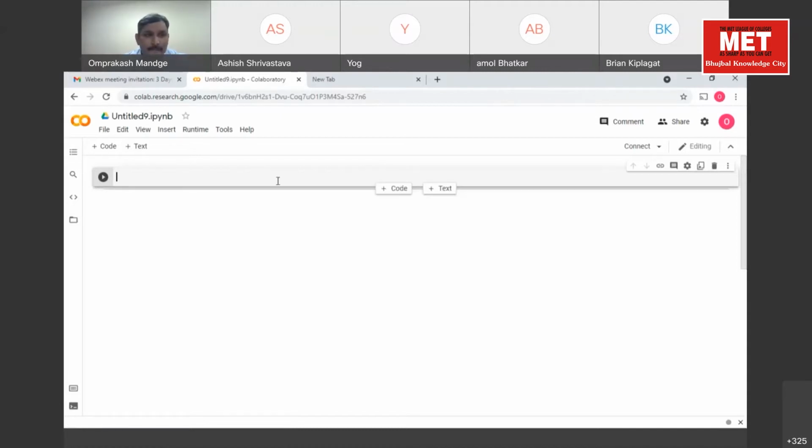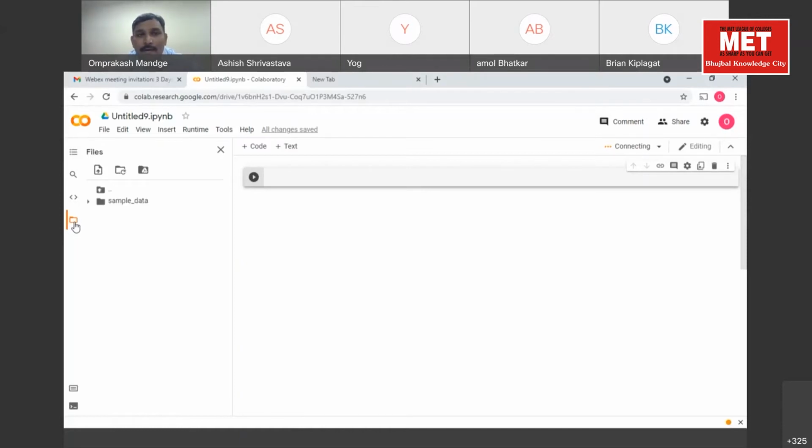Now on the left hand side, can you see a folder option? This one, I'm moving the pointer here. Click on that option. It will take a while to show Files. We are using the Mount Drive option. Click on Mount Drive now.